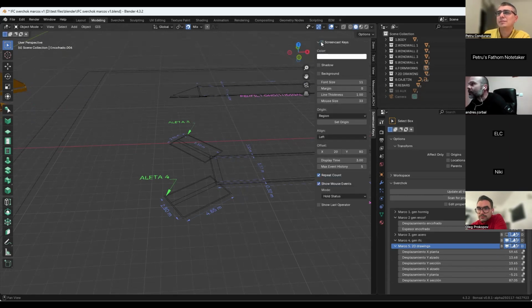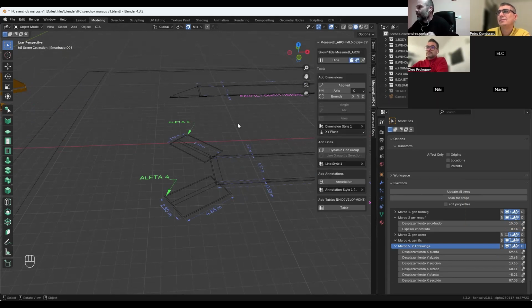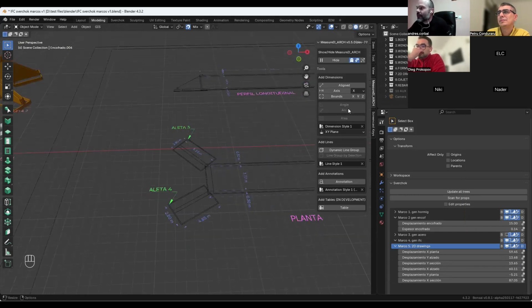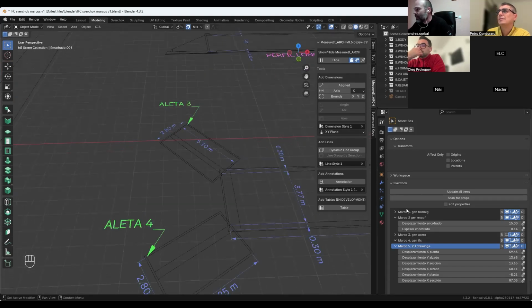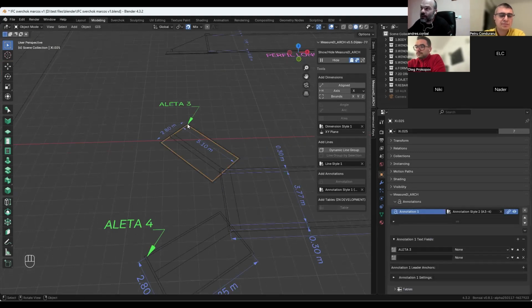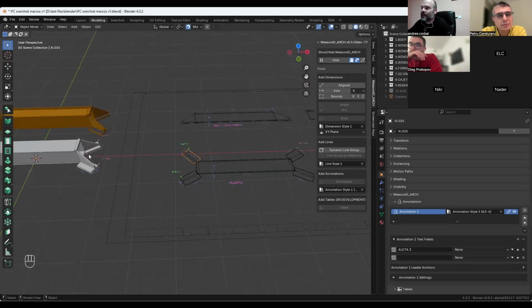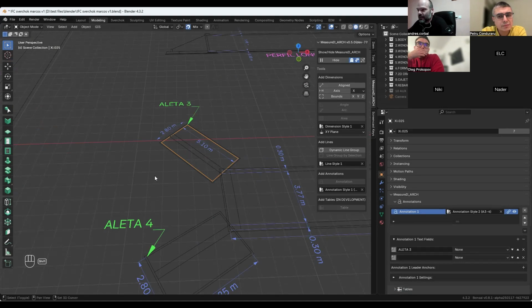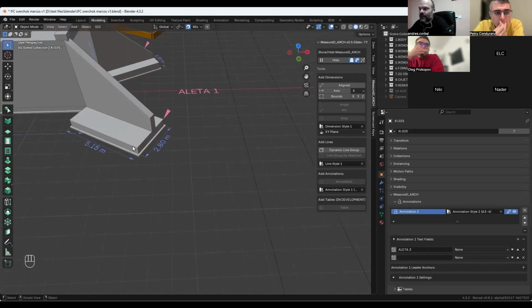Let me, it's screencast on. And with this control, you can add new measurements, new annotations. You can edit them. For example, if you take this, the annotations are created inside this piece or inside this piece. They are not independent Blender objects. They are inside this.